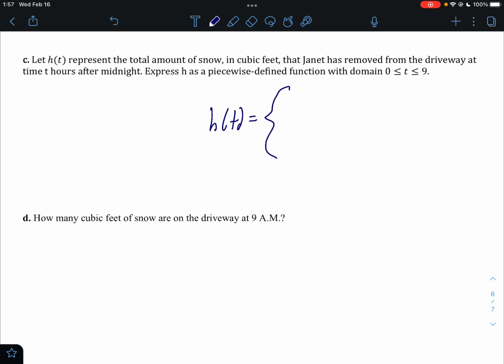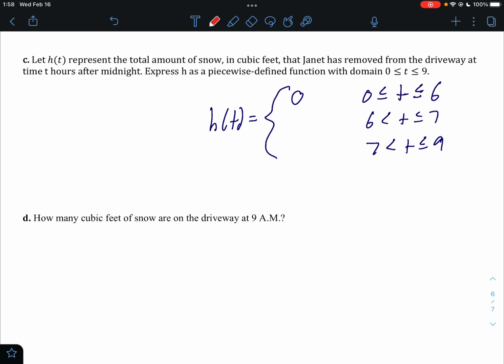For 0 to 6, she has removed nothing, so it's going to be 0. But now for 6 through 7 and 7 through 9, we're going to have some functions there. All right, so for 6 through 7,